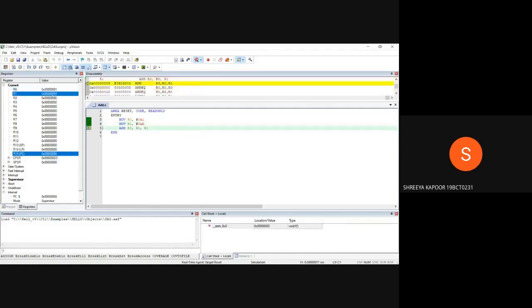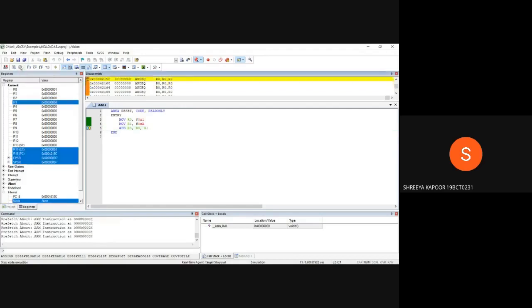In the next step, 000A has been stored in R1, and in the final step, the value of R3 has been changed to 000B, and these are the PC and LR register values.